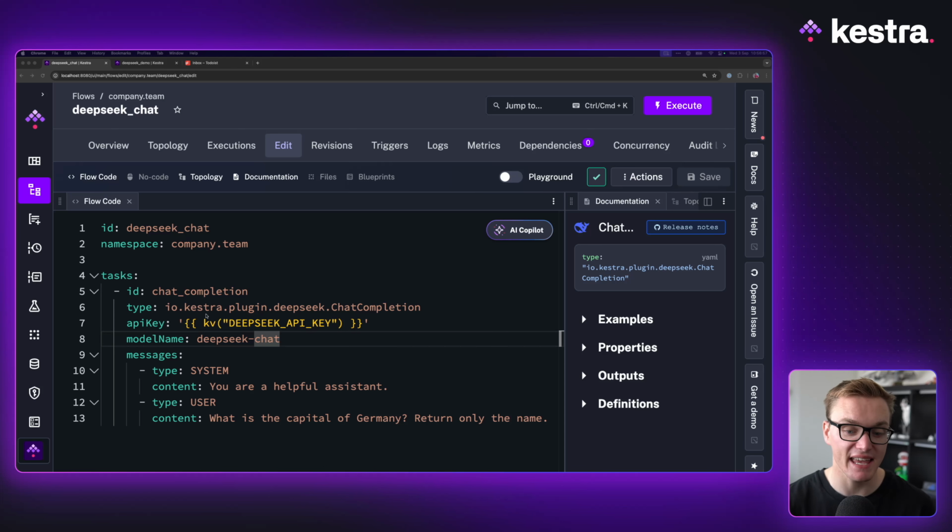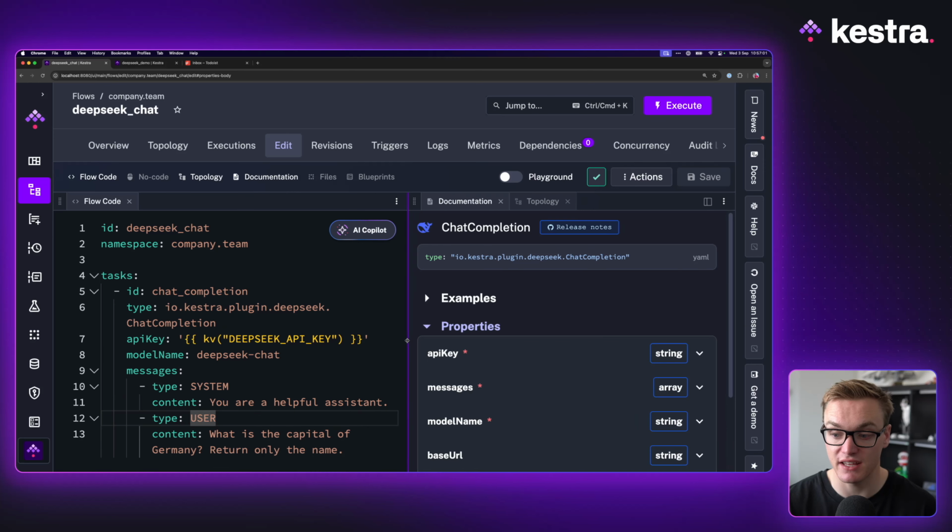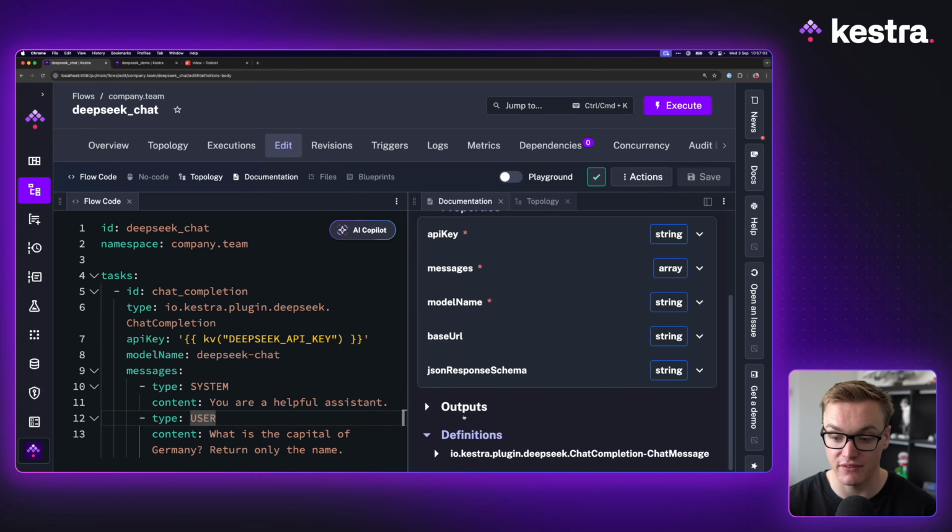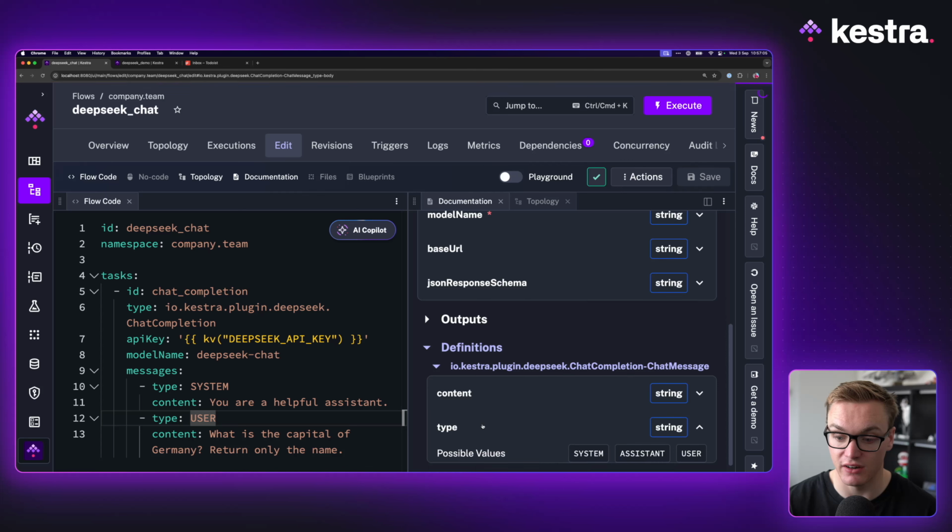So what you can see here is I've got a system message and a user message, and we can actually see in the documentation under definitions that there are three different types. We've got system, assistant, and user. Now, user is what you imagine it to be. These are the prompts coming from you. For example, in the flow here, I've asked, what is the capital of Germany? Return only the name. So these are the sort of questions you might be asking and wanting responses from your